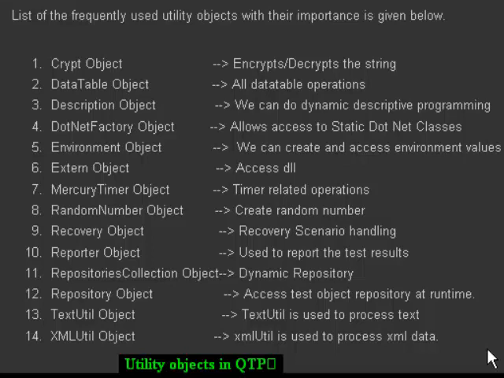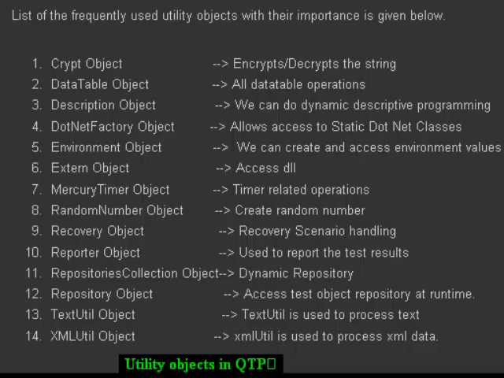Now the RepositoriesCollection object is another important object which can be used to dynamically associate or disassociate the object repositories to the test. You can also delete or remove the object repositories at runtime. Then the Repository object can be used to access the test objects at runtime. Then the TextUtil object is used to process the text, and the XMLUtil object is used to process the XML